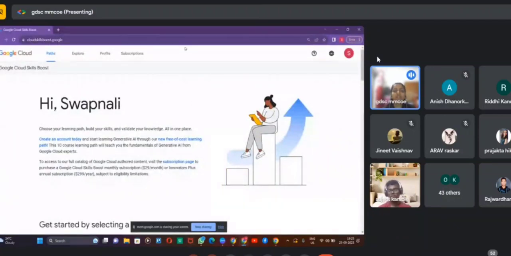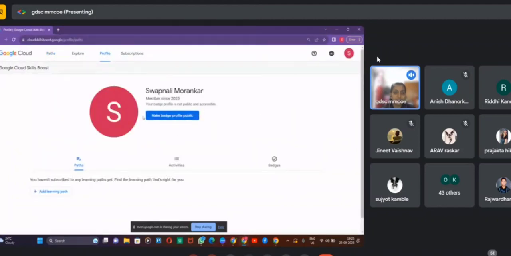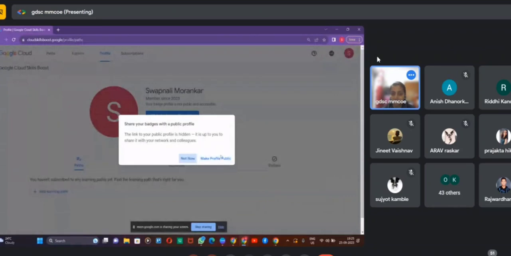Then moving further, now you have signed in to this platform. Once you sign in, you have to go to this profile section. Now you are on the path section. You have to go to the profile section, and then you have to click on make badge profile public. This is a very compulsory step. If your profile is not public, then your application won't be accepted. So you have to click on make profile public,